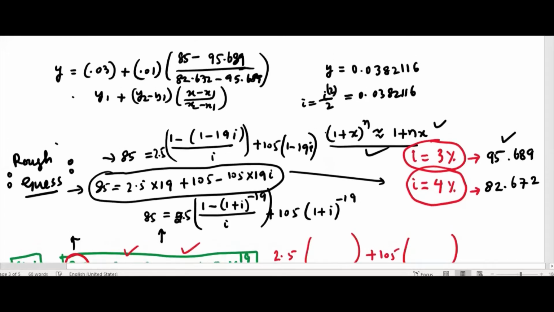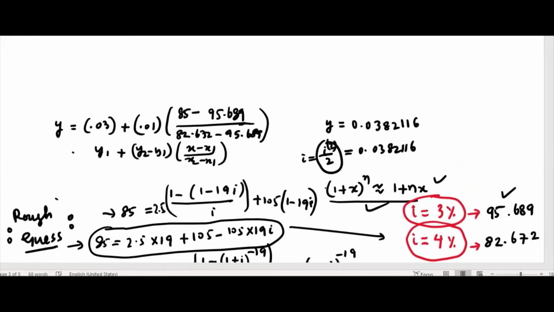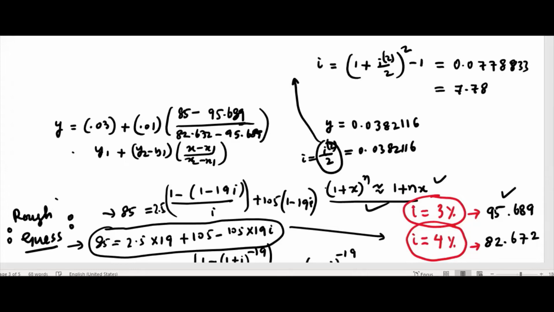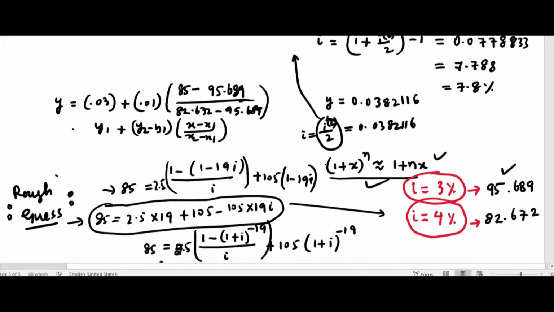Now you have to find your i. If you find i, then 1 plus i is 1 plus i2 by 2, the whole power 2, minus 1. So you do this 1.03, square it and subtract 1. 7.788. Okay, that is 7.8%, you can say. We got 7.8%